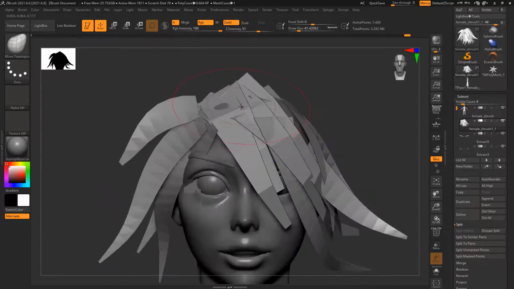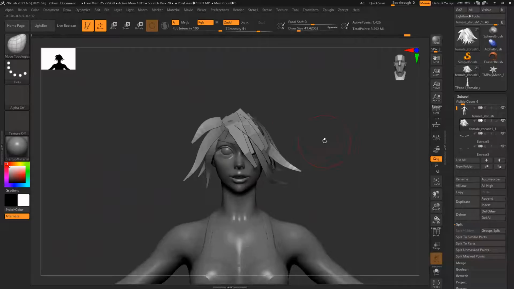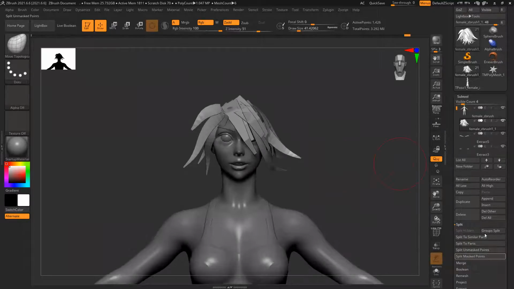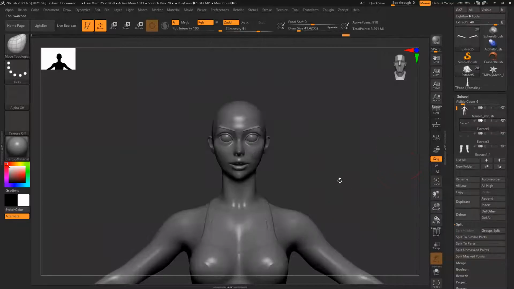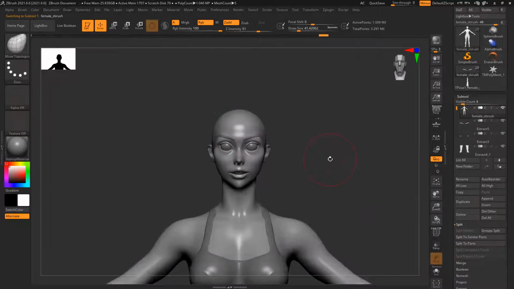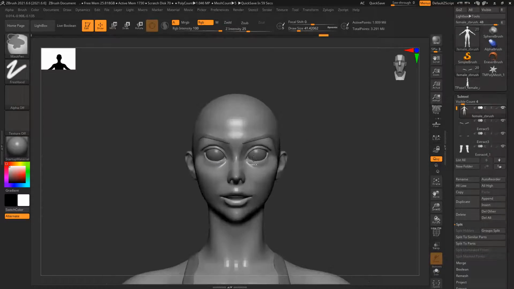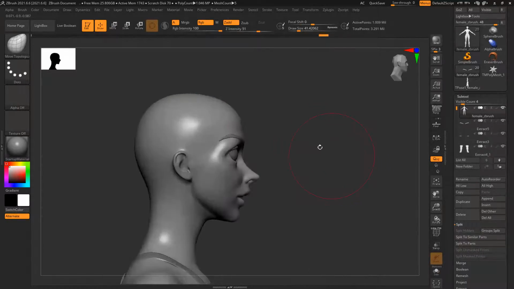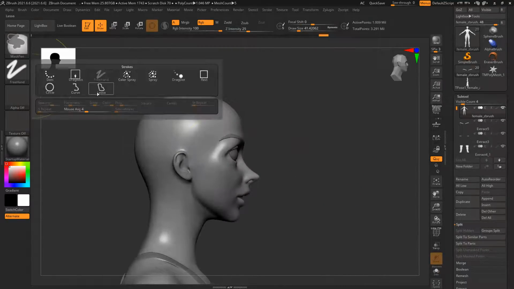But only problem, it's way too messy. I should have like created one and cleaned it, create one and clean it. That would have been really better. So delete this thing. But there's one more way is there. I can use the mask it and use what do you call it? Fiber mesh. Fiber mesh, I can use it and create this entire thing very easily. So for this, I need the basic head mask.